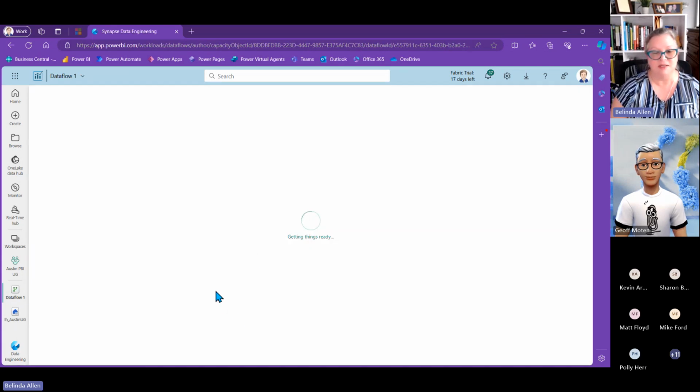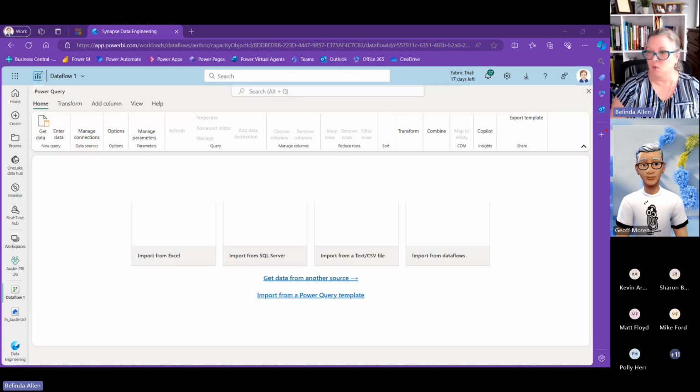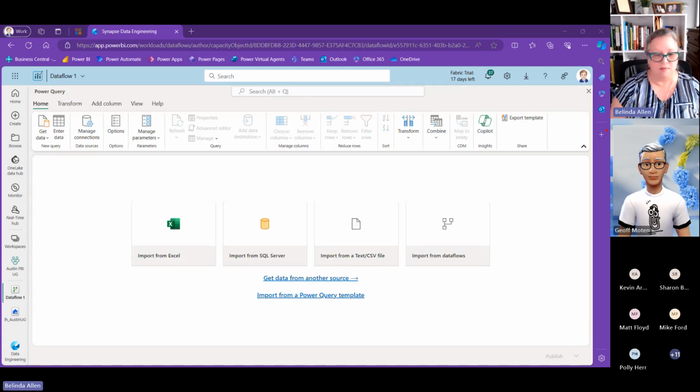And what we're going to end up seeing is what looks like Microsoft Power Query. Look, the toolbar is the same. I will tell you a couple of things are in a little bit of a different place, but if you know Power Query, you could find it. Again, it's not a complete one-for-one, but what it does is pretty darn powerful.